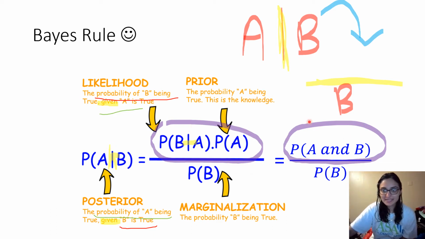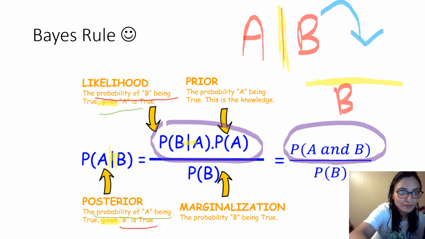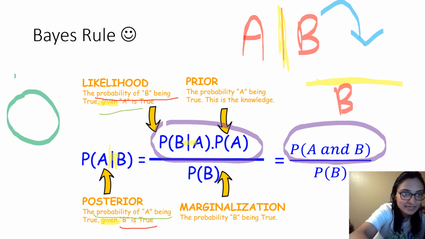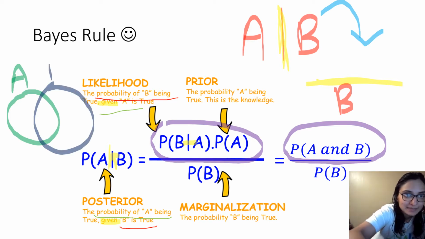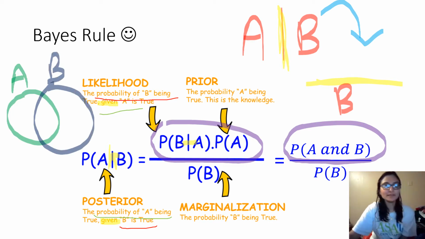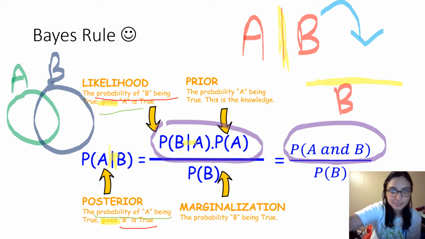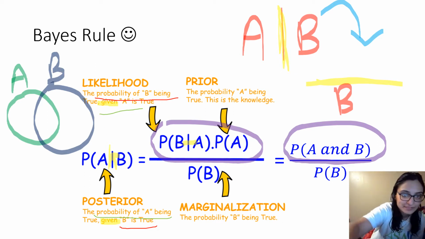So this is just the same thing as the probability of A and B divided by the probability of B. So when B happens, what's the probability that A will happen? If you have two different outcomes here, if this is A and this part here is B, what this is trying to say is given that B has occurred. So now that B happened, what we will see here is that